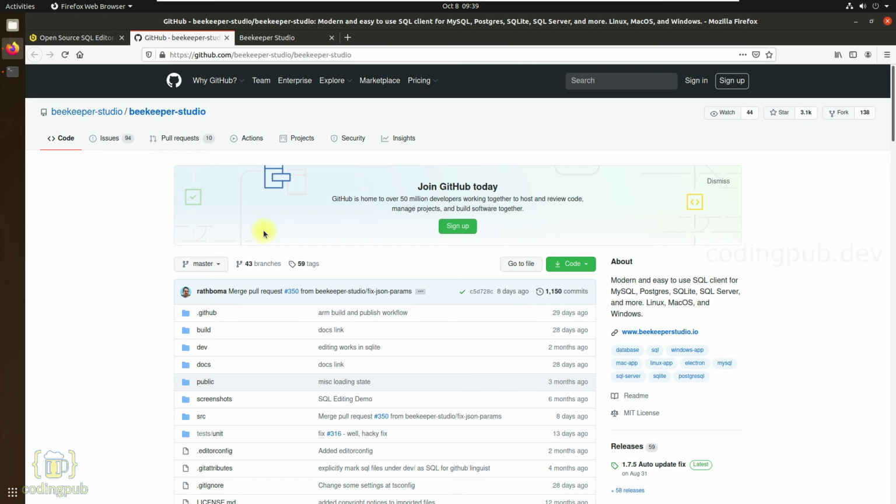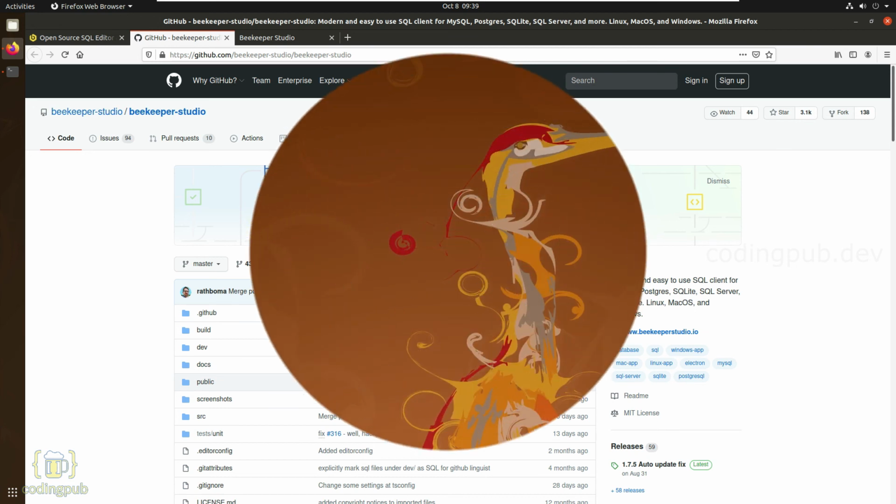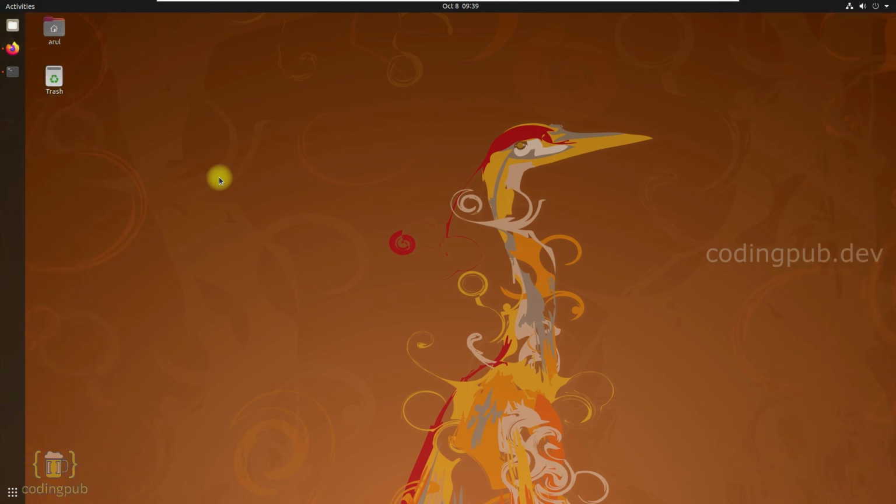The installation method might vary based on the operating system you're using, but the usage of the tool should be similar across the operating systems we use. Now we are going to install this tool on Ubuntu 20.04.